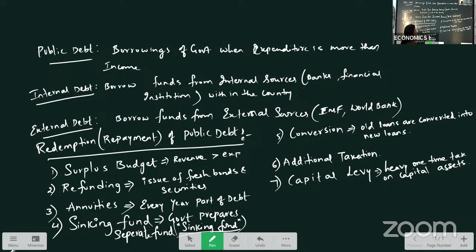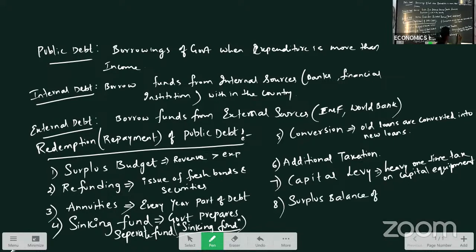So capital levy means a heavy one-time tax on capital equipment, assets, or you can write also equipment. One-time tax on capital equipment. Right? Then finally, another methodology of this repayment is surplus